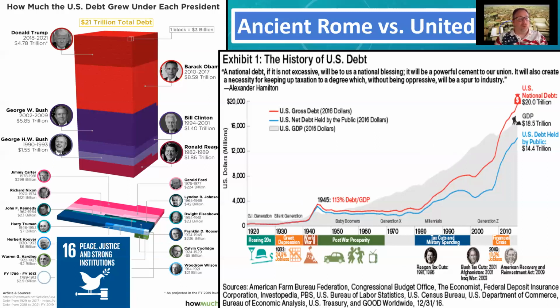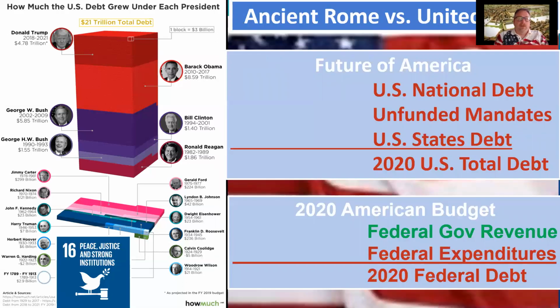I will tell you, when Rome's financials fell, they were about $15 trillion in debt. We are currently, if you look at the debt chart right now, about $21 trillion in debt, and that's before the $2 trillion for Corona. Here's the thing that actually should scare all of us. When we look at ancient Rome versus the United States, remember I mentioned ancient Rome, 15 trillion in debt when they finally collapsed. The US national debt, we just talked about that, is about 21 trillion.